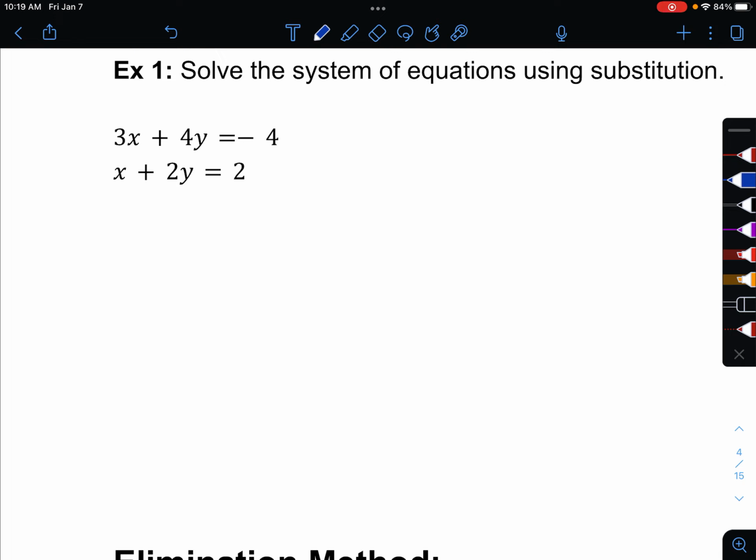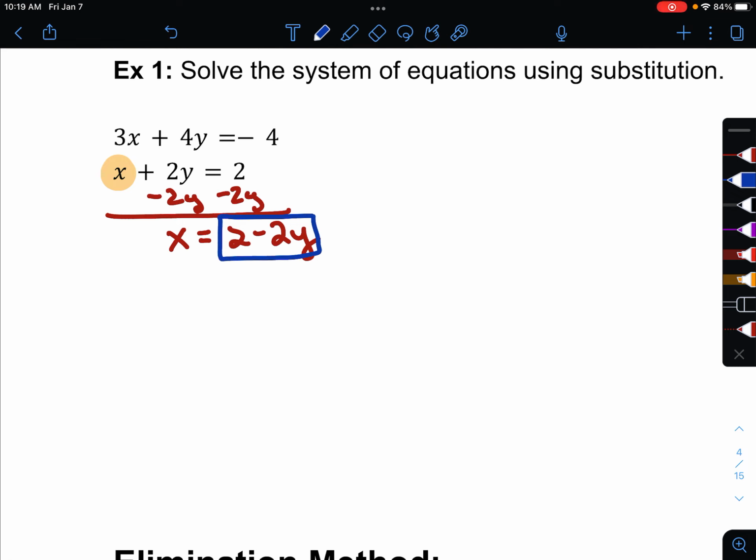Couple things are different here. Neither of them is solved for y equals or x equals, and you'll see what else is different here in a moment. I think I'm going to solve the second equation for x because I think that would be the easiest to do, right? All I have to do is minus 2y on both sides. So I see x is the same thing as 2 minus 2y, or you can write -2y plus 2 if you want. All right, so that's going to be my substitution that I need to plug in to the other equation. So 3x